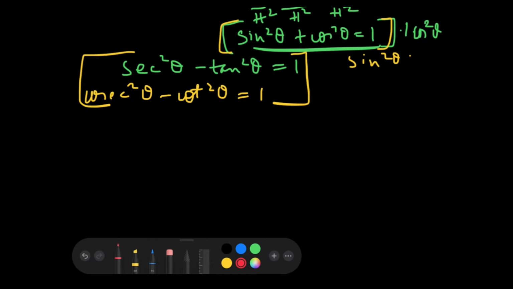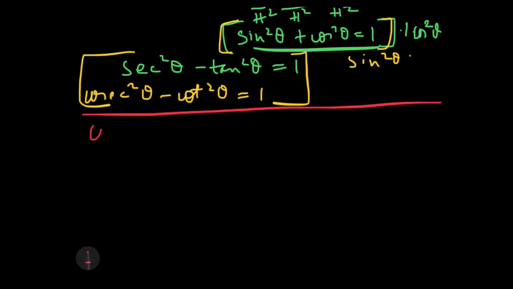So the question is, suppose I give you the value. Let's make a question out of it. Let me give you the value of cos theta is equal to 12 by 13. If I give you the value of cos theta and ask you the value of 2 sin theta minus 4 tan theta, you have to find the value of 2 sin theta minus 4 tan theta when the value of cos theta is given.